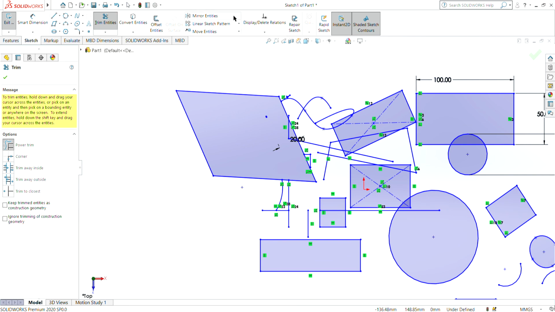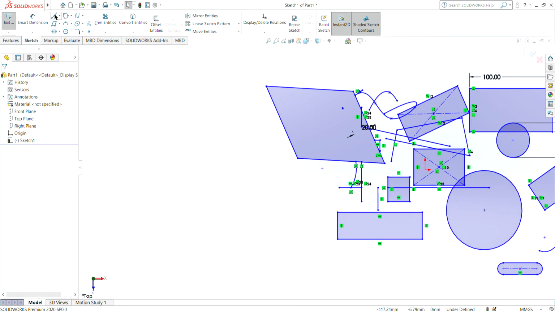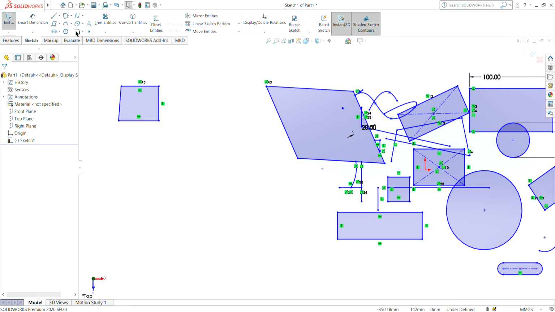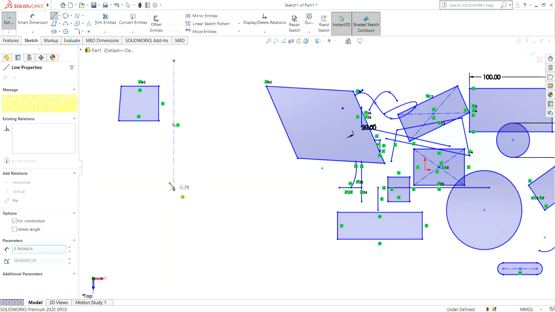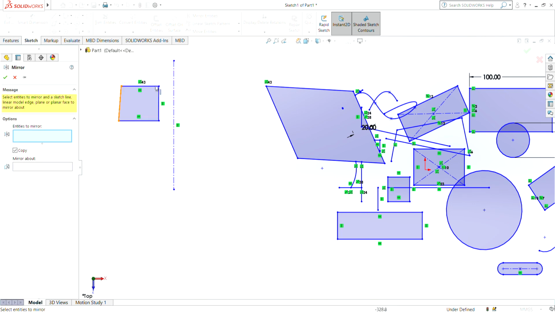So now mirror entities. Let's see that. I have drawn a sketch here. Now I want to mirror this sketch to this side of the line.